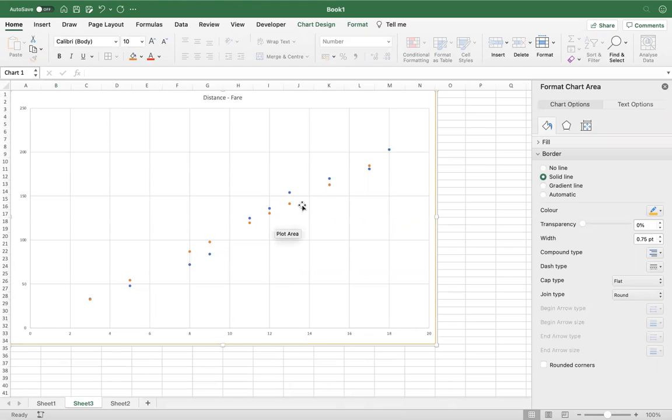So what I try to do is find out the distance between each and every data point. Between these two points, what is the distance? Between these two, between these two, and so on. I try to calculate the distance between all these sets of data points and then calculate the average